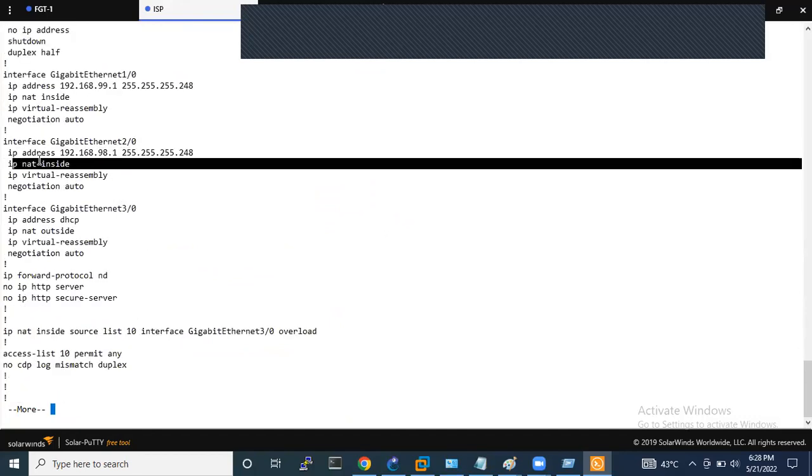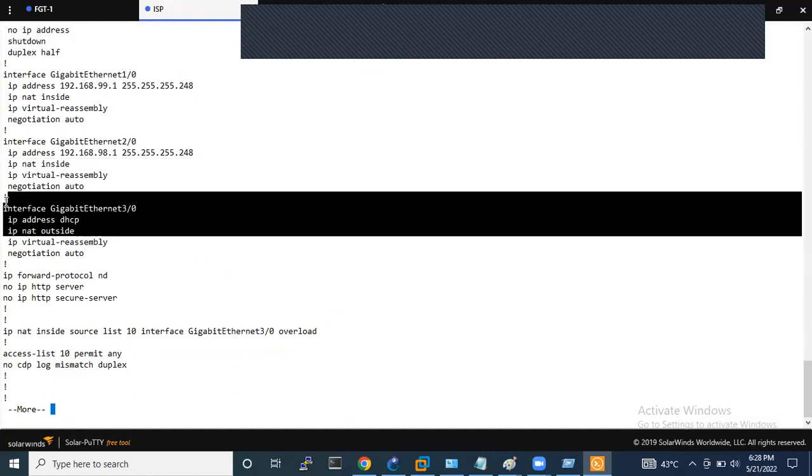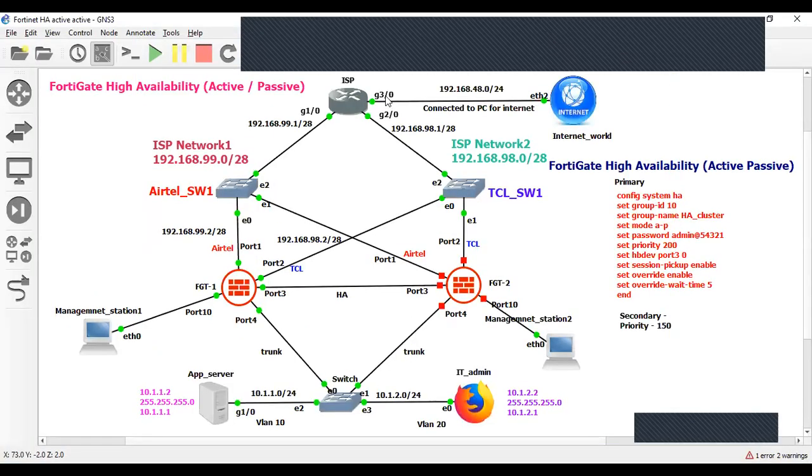As you can see, ip nat inside and outside are already configured. Let me show you that this interface will become the outside interface, and this interface will become the inside interface. So let's check whether I am able to ping or not. Ping 8.8.8.8.